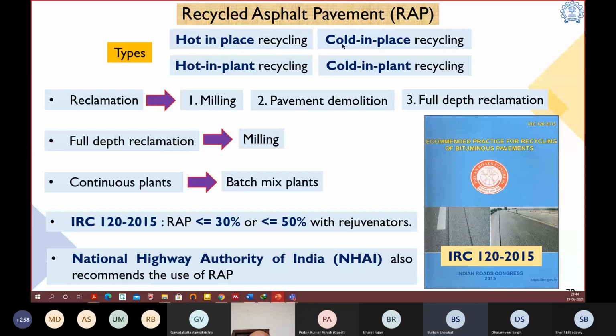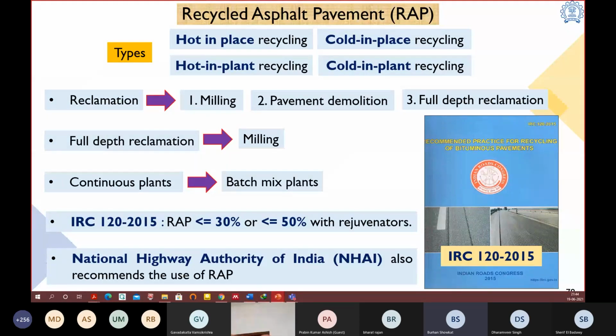If you see hot in place recycling, cold in place recycling, hot in plant recycling, and cold in plant recycling. As far as RAP is concerned, reclamation forms a very important part. Reclamation can be performed either by milling, or by pavement demolition, or by full depth reclamation. As far as milling is concerned, it is the controlled removal of an existing pavement to a desired depth using